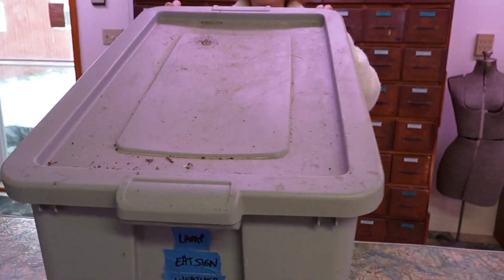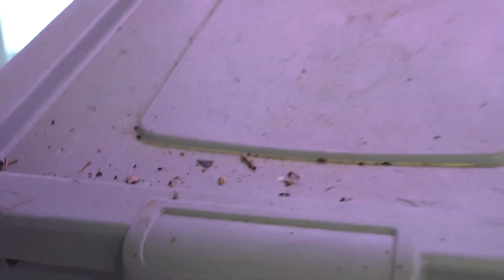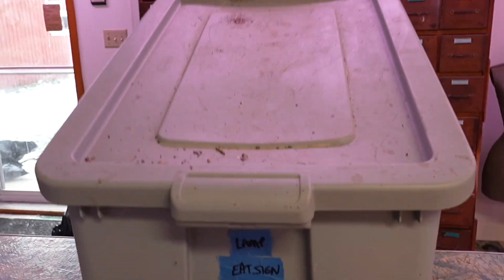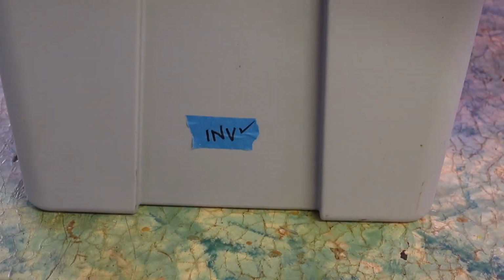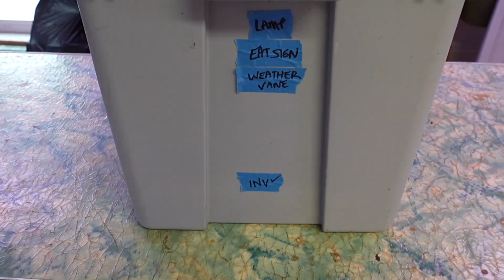So the last episode we saw some not so lovely things. What's on the top of this box now? We have a dead spider. Right down there. Oh yeah, look at him. A bunch of mouse droppings. Lovely. And it has been in a barn. This is labeled as lamp, sign, weather vane, and inventory with a check mark, and it has none of the listed items on the front. Took all the time to write this. There's not tons in here, but...